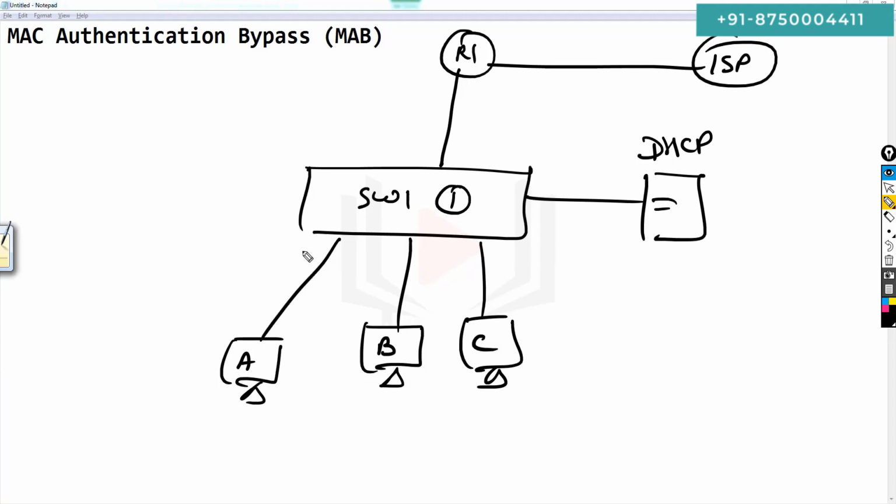So what will happen? They will come using DHCP. Here the network is 192.168.101.1.